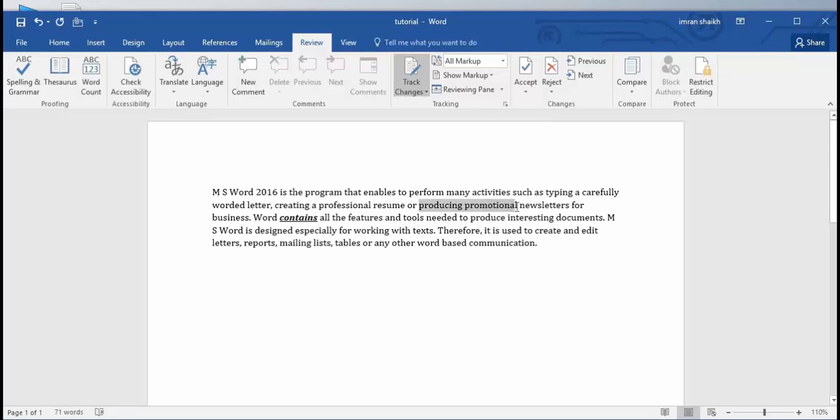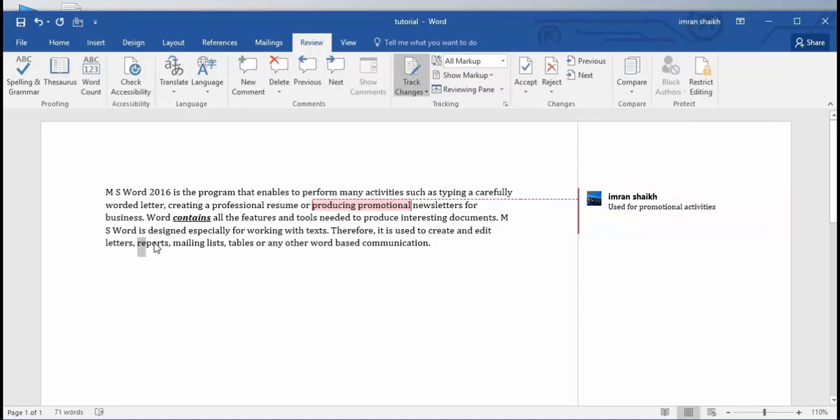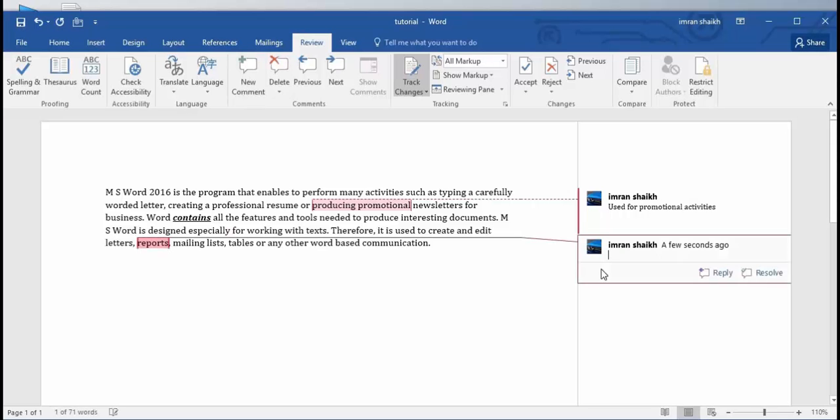I will click on this word and click on new comment: used for promotional activities. And the second comment I will create on reporting: used for analyzing business growth. Now I have two comments, so with the help of this previous and next comment